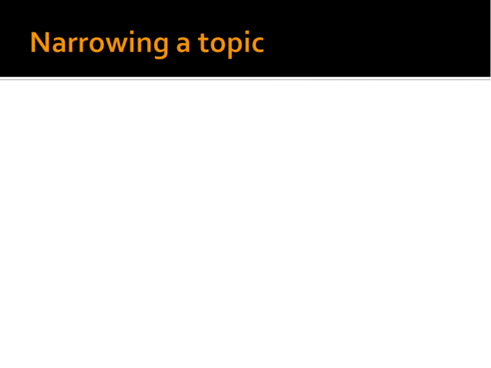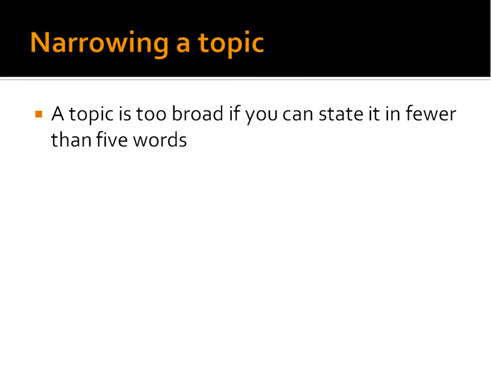First of all, you have to recognize that often topics that people try to choose for research papers are very, very broad. So if you can talk about your topic in fewer than 5 words, your topic is too broad. What's your topic for your research paper? Church history. Too broad. What's your topic for your research paper? Jonathan Edwards. Too broad. What's your topic for your research paper? Right? So if you can say it in just a few words, your topic is too broad.